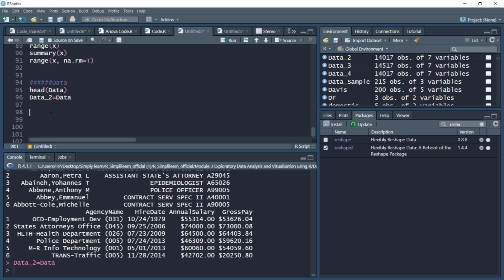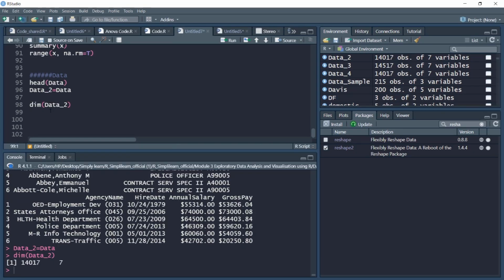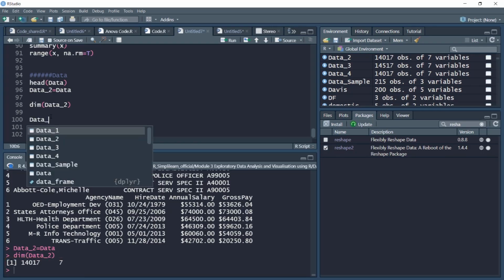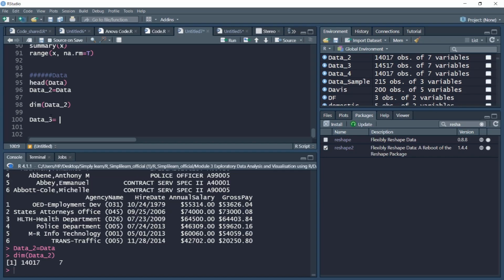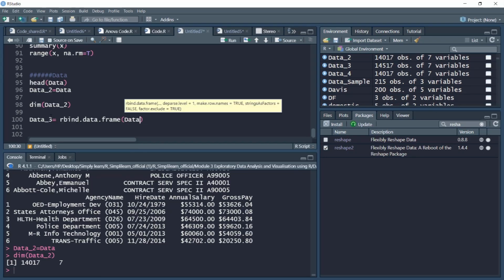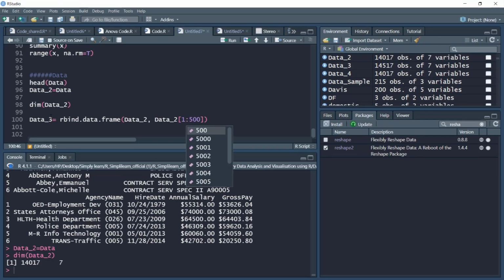Now notice the dimension of this data, it should be same as original data, 14,017 observations. Now let's create another data, data underscore 3, which carries not only this data underscore 2, but also some values which are there in data underscore 2 starting from 1 to 500. So all the columns and row numbers 1 to 500.